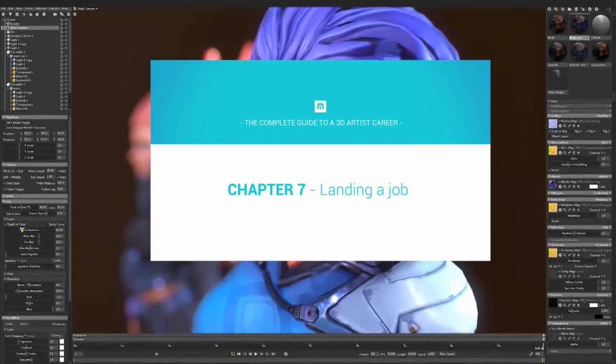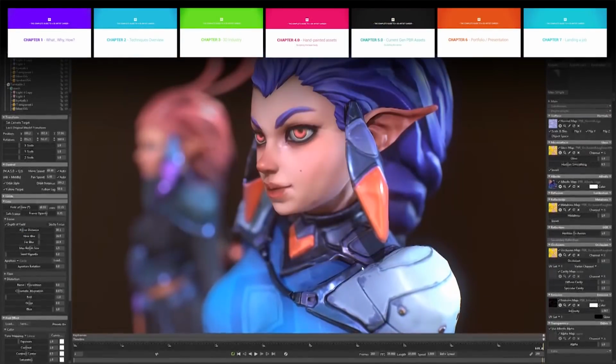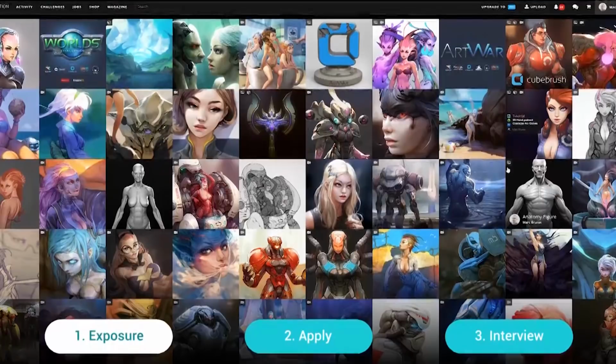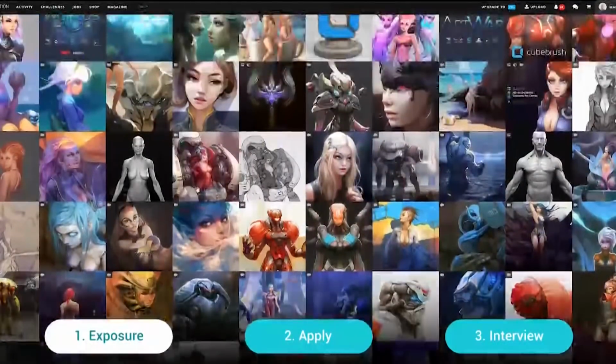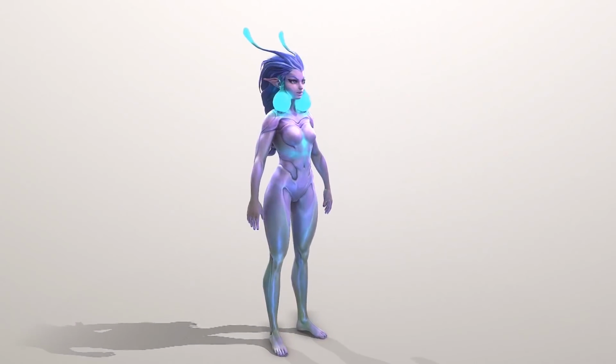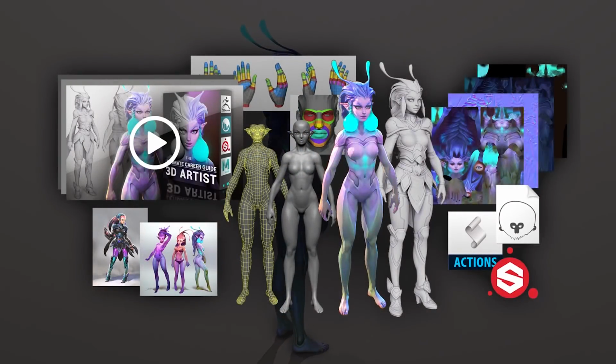The last chapter is going to be all about getting the job. So all the necessary steps that are required. So from exposure, how to get the most exposure and the fastest way possible, to applying, and finally to nailing the interview. Now with the videos, you also get all the extra content, including the base mesh, the base sculpt,